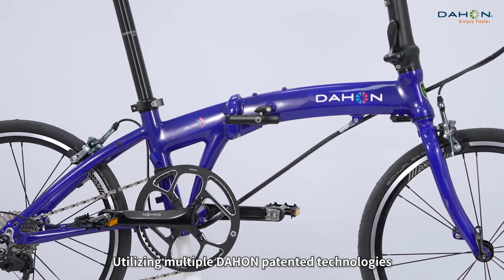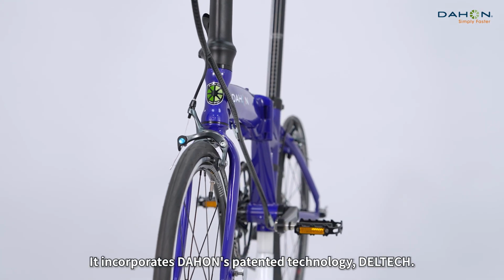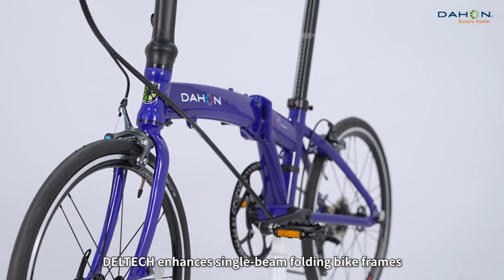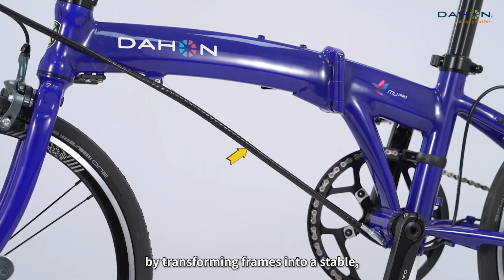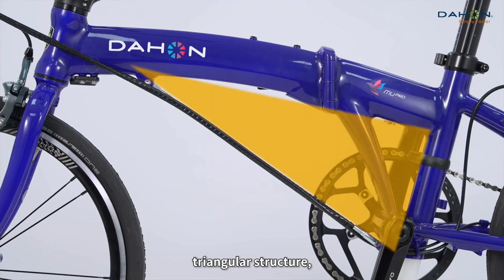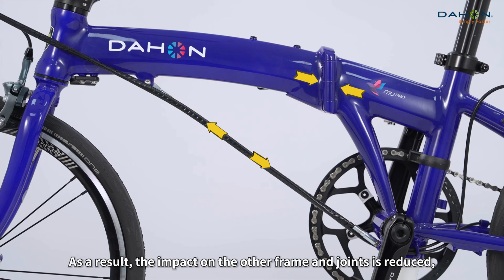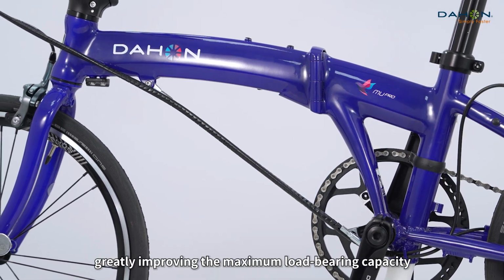Utilizing multiple DAHON patented technologies, it incorporates DAHON's patented technology, DelTech. DelTech enhances single-beam folding bike frames by transforming frames into a stable, triangular structure, redistributing the frame's force distribution onto the DelTech. As a result, the impact on the other frame and joints is reduced, greatly improving the maximum load-bearing